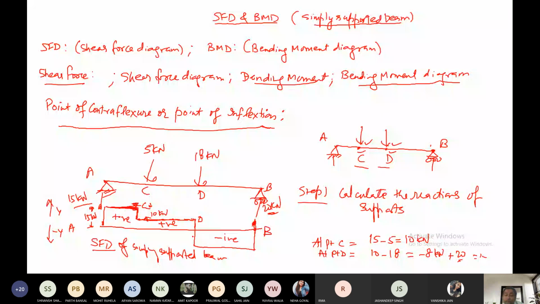First, take step 1: calculate the reactions of the support. All of you can do it very easily. I think there is no issue in that. You can calculate it by summation Fx, summation Fy. After calculating the values, we have to make the shear force at the different points of the beam. At point A, the 15 kilonewton is upward. Fine. So we will draw a line which is upward 15 kilonewton. Now see, from point A to point C, up to this point on the beam, there is no force or load, so this 15 kilonewton will remain the same. This will be constant, so we will draw a constant straight line here.